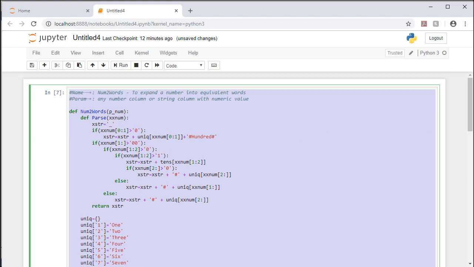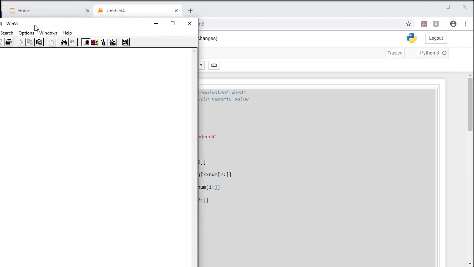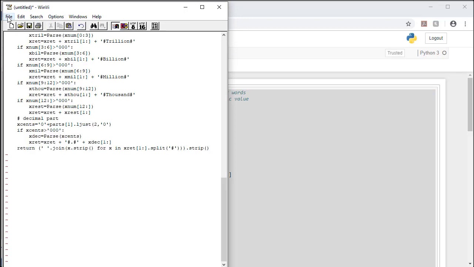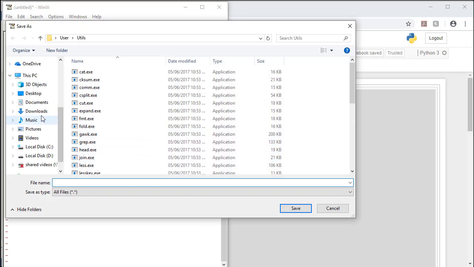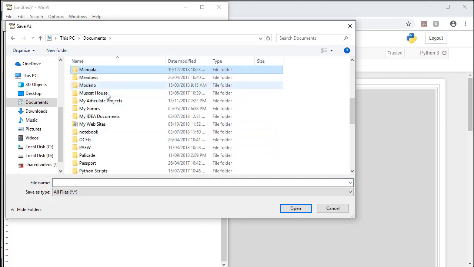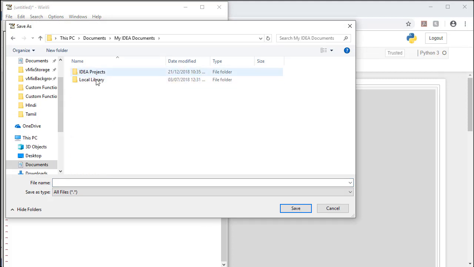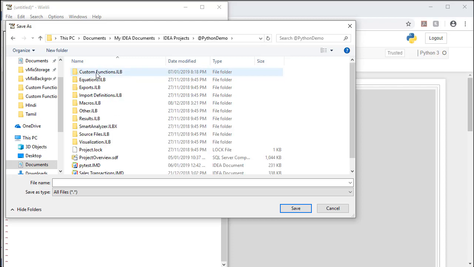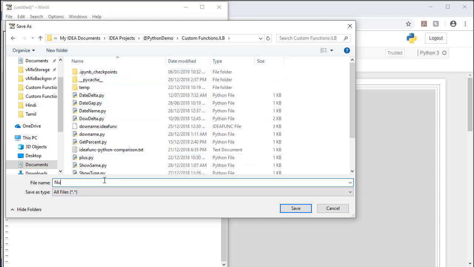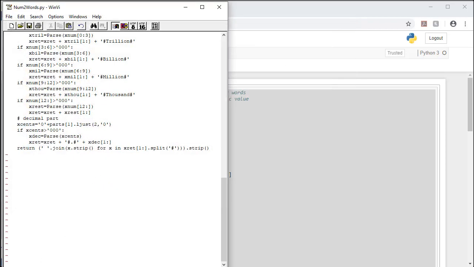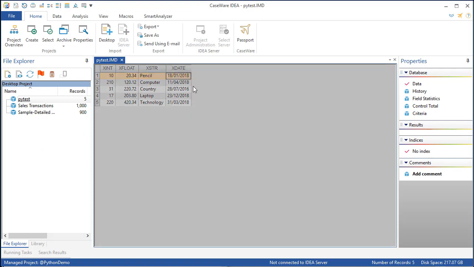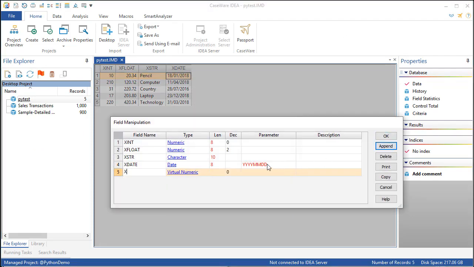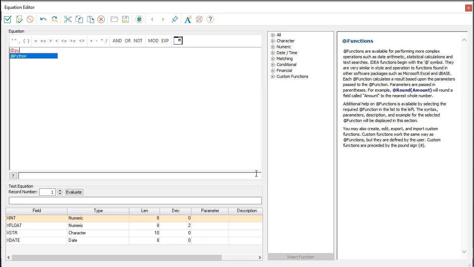Control C, start the editor, paste the code, save as Documents, My IDEA Documents, IDEA Projects, Python Demo, Custom Function, call it num2words.py. Let's switch to IDEA and then add a column, append x1, virtual character, width 100, @Python num2words